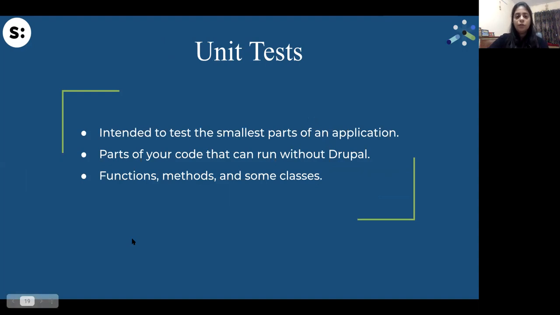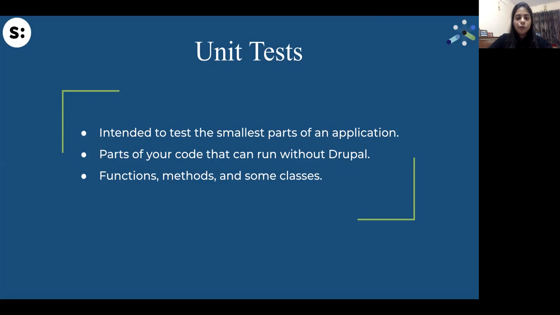Now moving ahead to unit tests. Unit tests are basically intended to test the smallest part of your application. They test your functions, classes, basically the PHP logic. Unit tests test that part of your code that can run without Drupal.